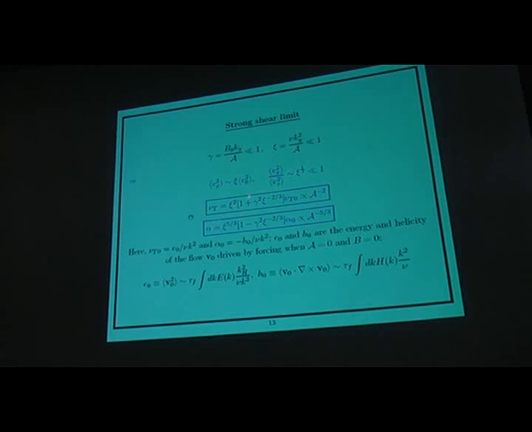The two results for the turbulent viscosity and the alpha effect are written here. The turbulent viscosity in this limit is related to the turbulent viscosity when you do not have a shear flow or magnetic field, the zeroth order turbulence. When you have strong shear flow, your turbulent viscosity is reduced by a factor of psi squared, which is small for the strong shear limit. So your turbulent momentum transport is reduced. That's the bottom line.